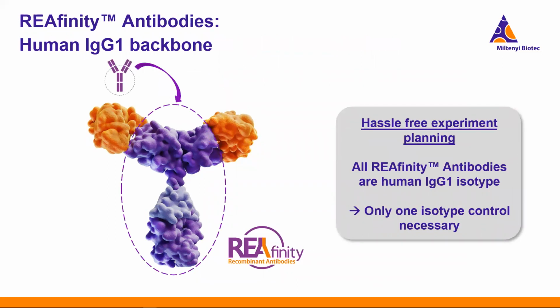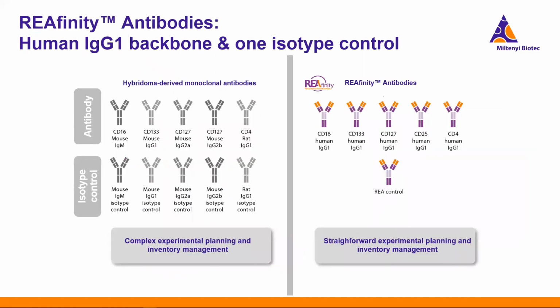Another change that we decided to introduce to these antibodies is that they are all human IgG1. So you remember I mentioned there's a lot of different antibody isotypes. Well, we have simplified this system. We've engineered them all in the same backbone, this human IgG1 backbone, which makes using isotype controls way easier in your experiments. So if you're doing your flow cytometry controls the correct way, you know that you should be using isotype controls. So you need to have an antibody with the same isotype that's conjugated to the same fluor as the antibody that you want to compare it to.